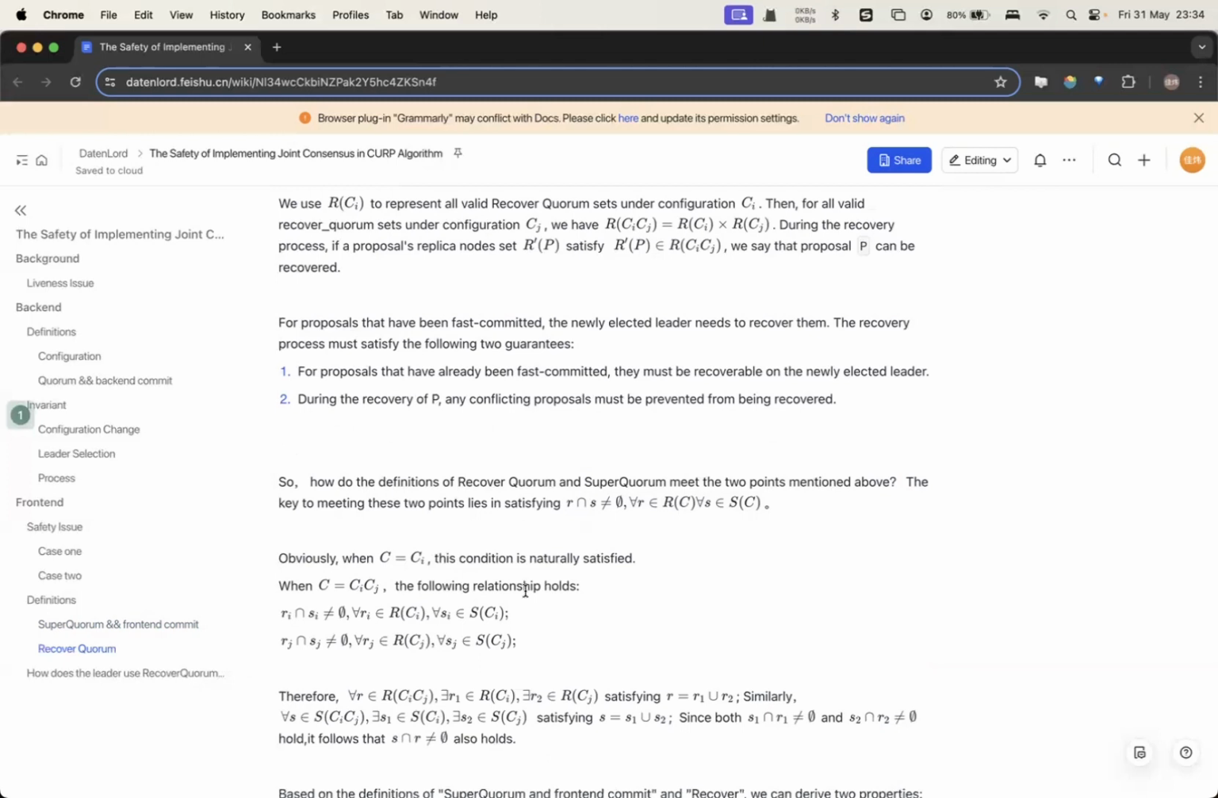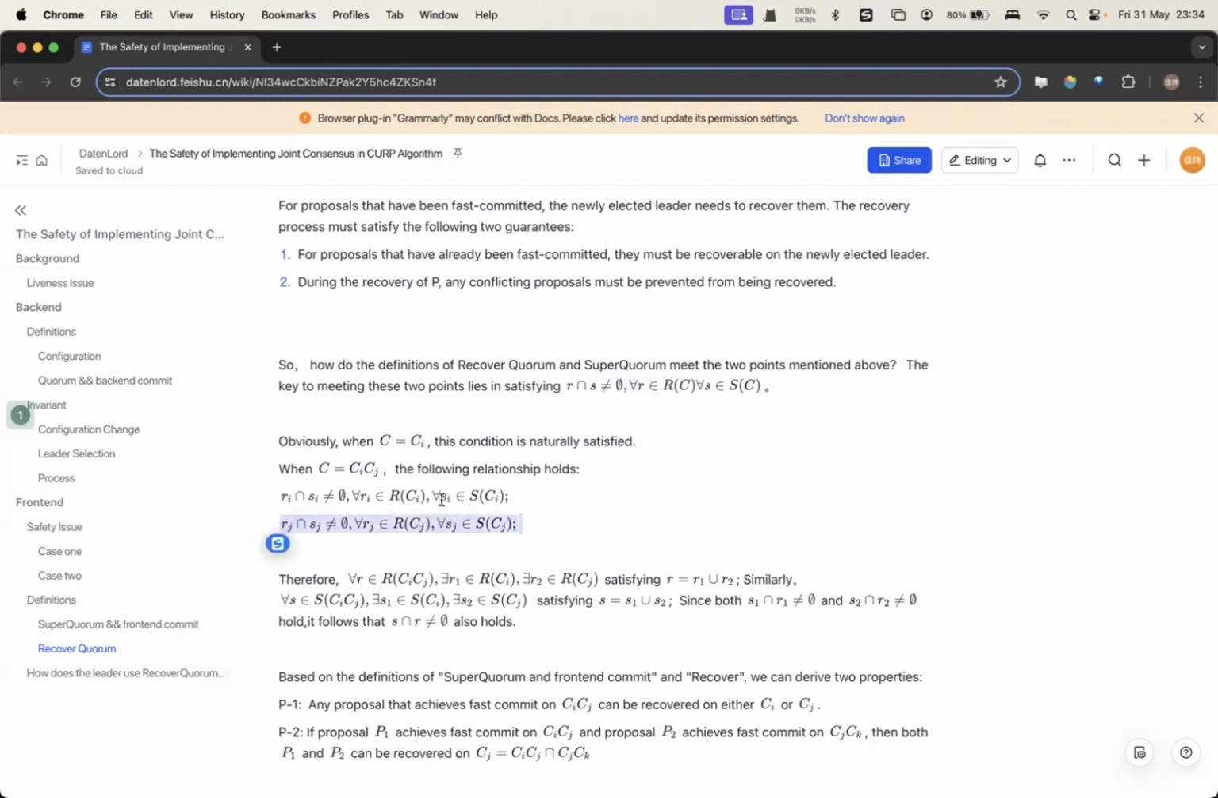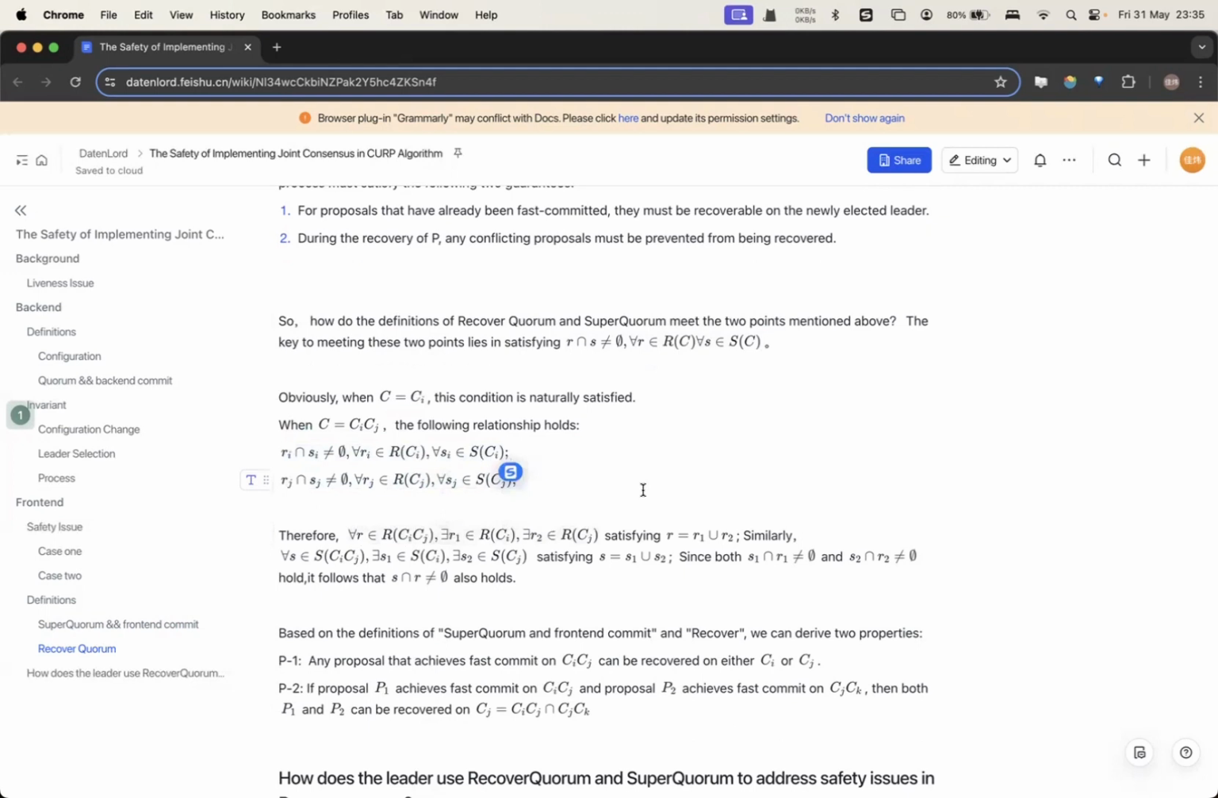The key to meeting these two points lies in satisfying that the intersection of R and S must not be empty, for any R belongs to RC and for any S from SC. So obviously, when the configuration is a uniform configuration, the condition is naturally satisfied. And when the configuration is a joint configuration, the following relationships hold, and therefore, for any R belongs to RCI-CJ, there exists an R1 that belongs to RCI and also an R2 that belongs to RCJ,